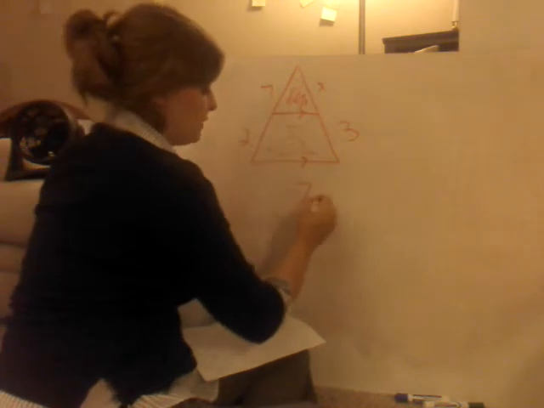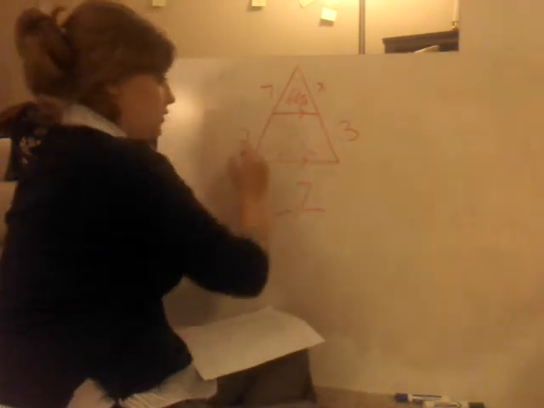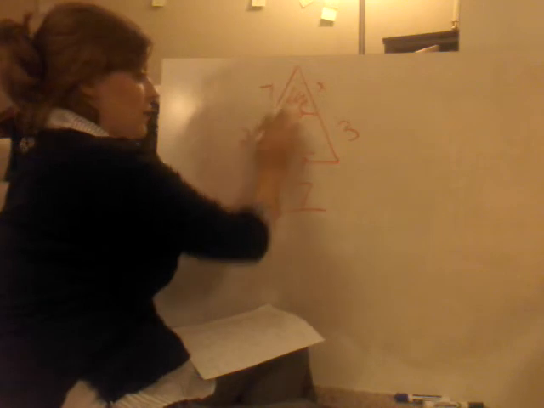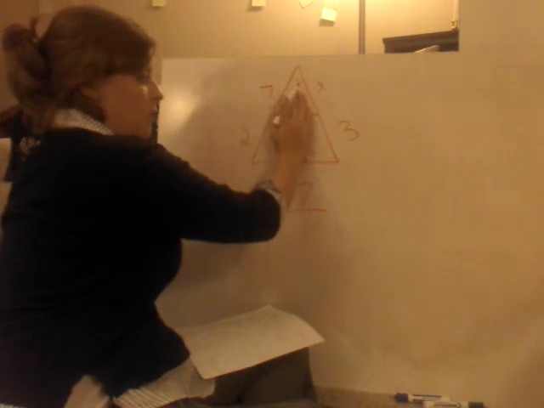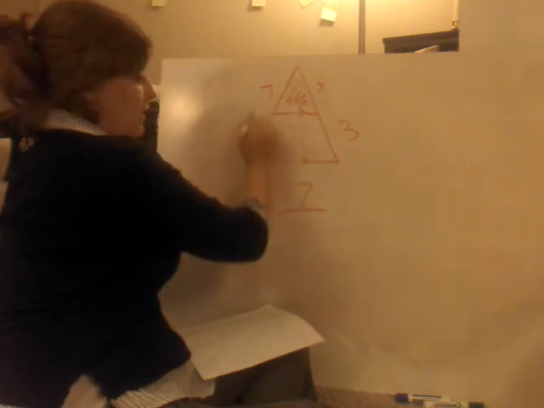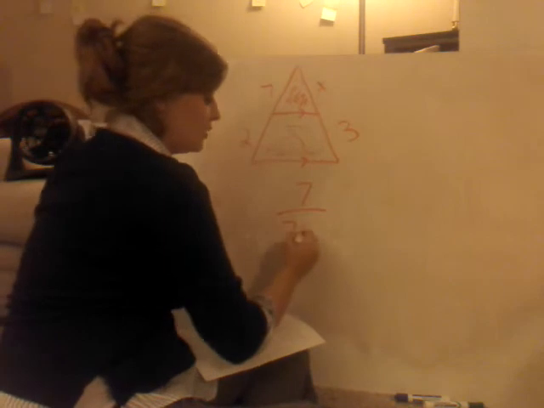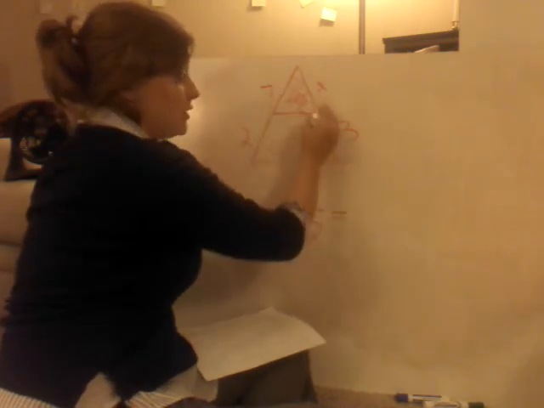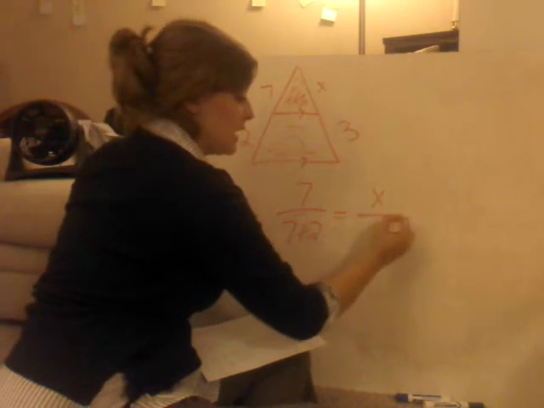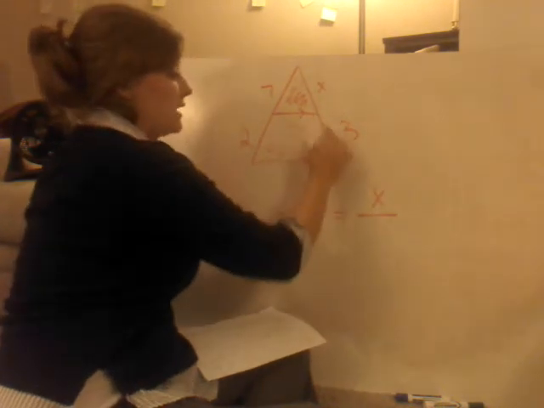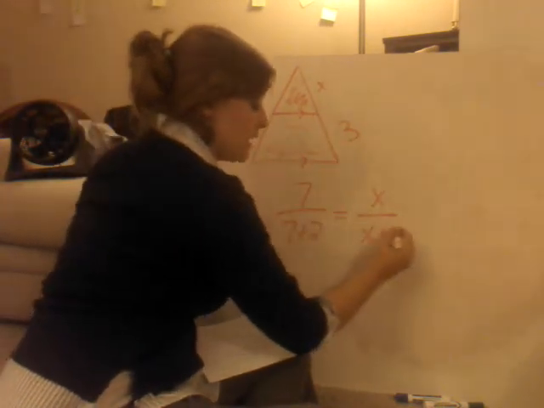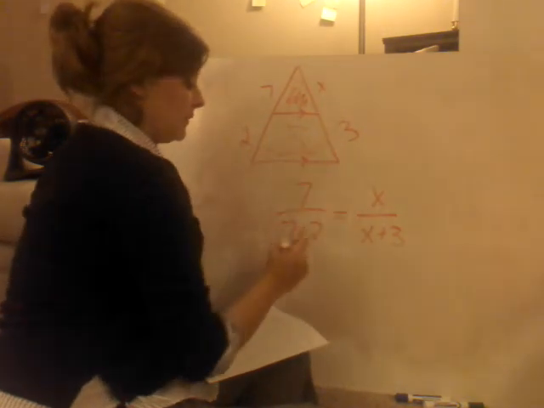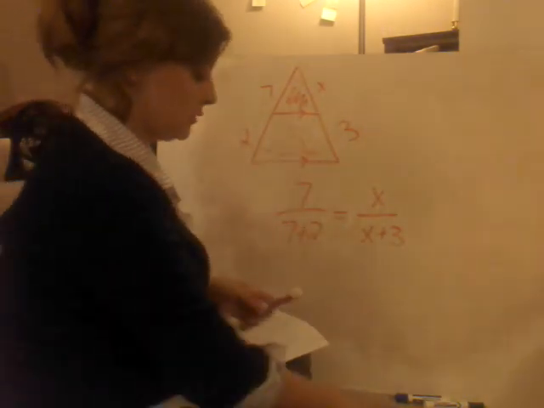So little triangle, 7 over big triangle, so the entire side here of my big triangle. So if I cover this up, that's one giant triangle, right? So my whole left side here is 7 plus 2 is equal to, same thing on the left, my top triangle is x, my little triangle is x, and the whole thing is x plus 3. Whatever x may be, it's still plus 3. So now I cross multiply,